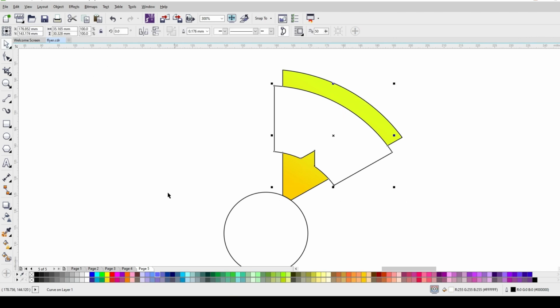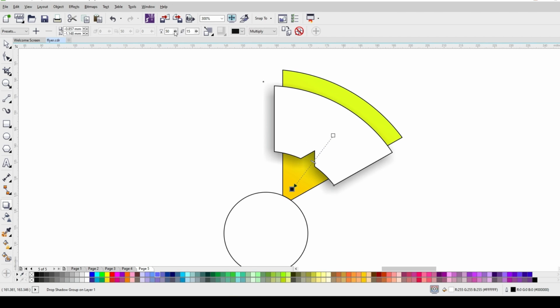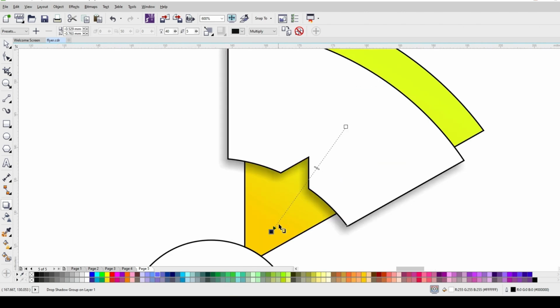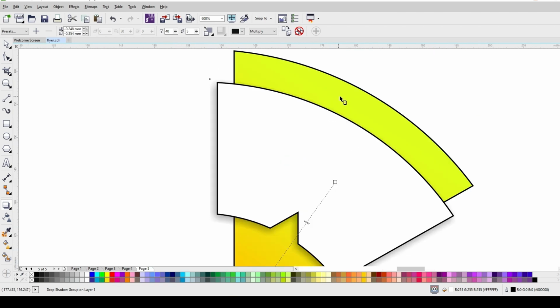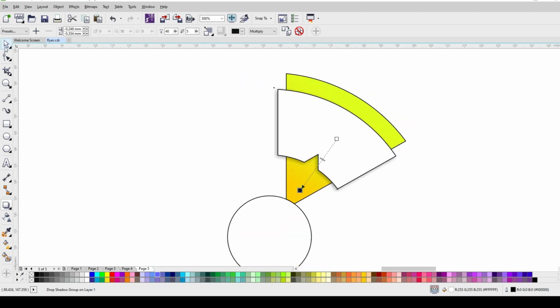Now select this white color object. Click on drop shadow tool. Apply drop shadow to this. Change the feather to 5 and opacity to 40. Adjust it. Adjust the shadow like this. I'll move it. Okay,